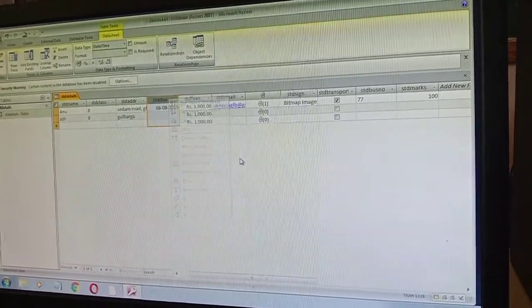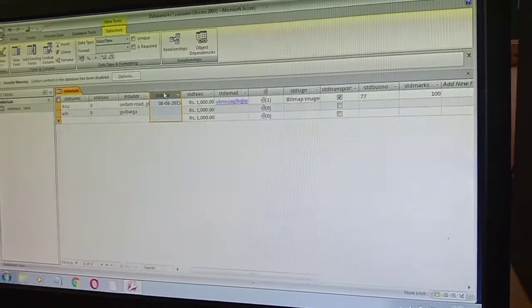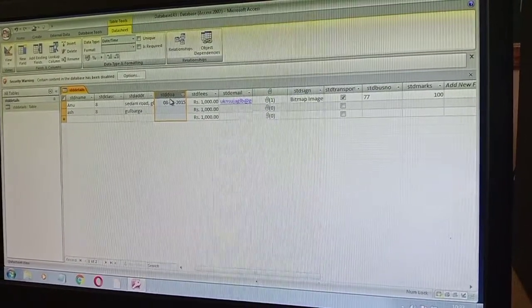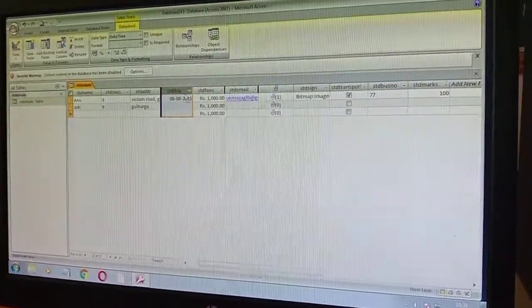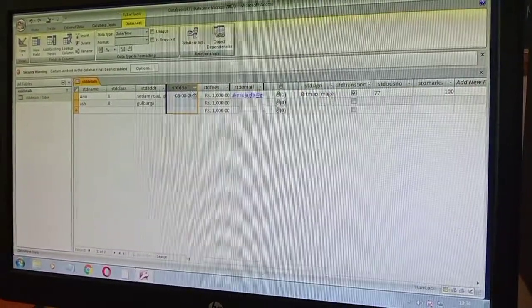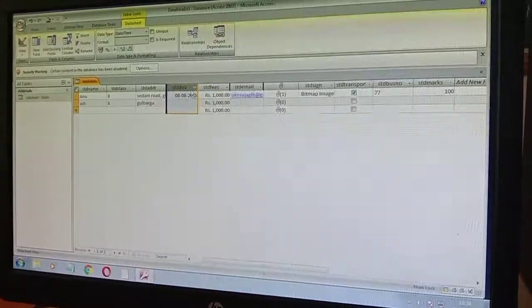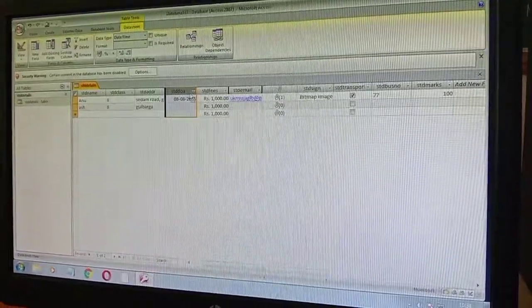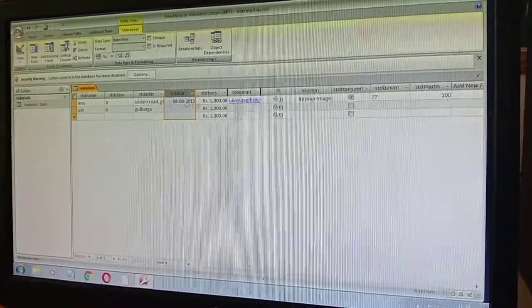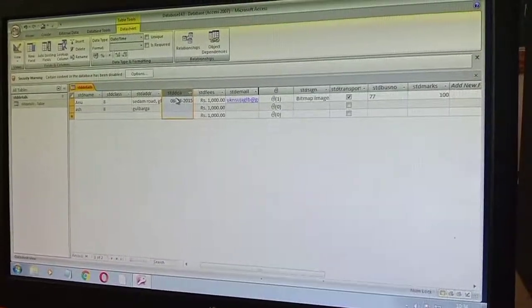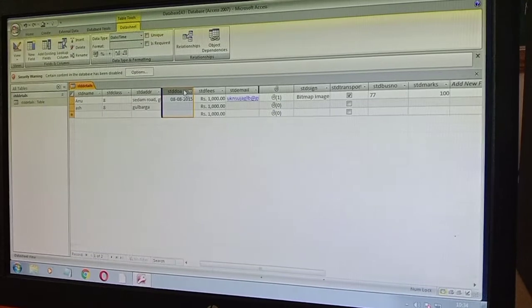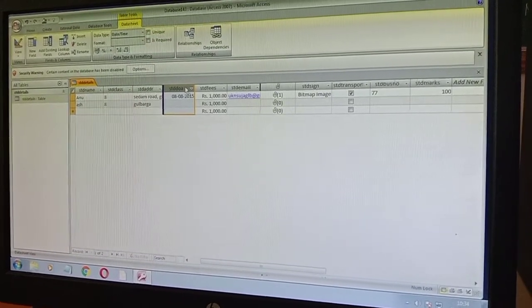Moving a field. In the datasheet view, you can even move the field. You can move it to some other destination, like this, dragging from one place to another place. Like you know about cut, copy, paste. You can cut the particular data and paste it in some other location. Similarly here also you can click and drag it. You can try this practically.